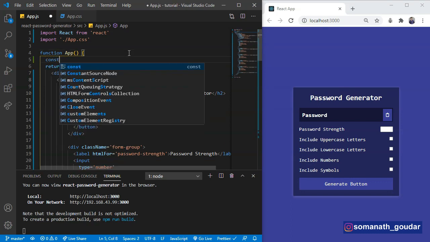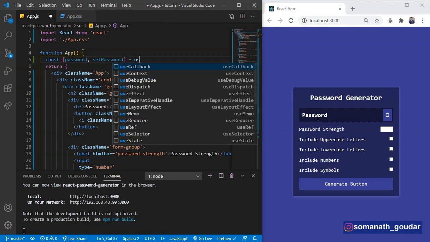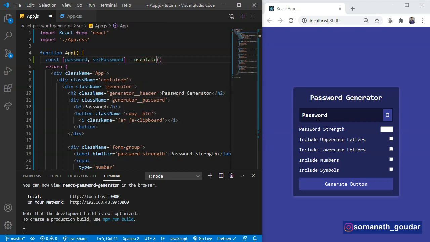So we are going to create a variable to store this password: const password, setPassword, and initially we are going to give it a value of an empty string.